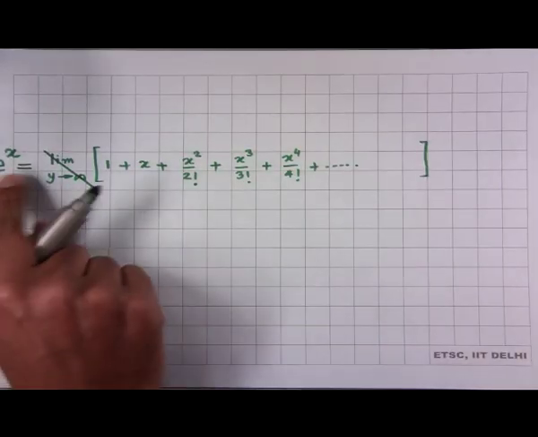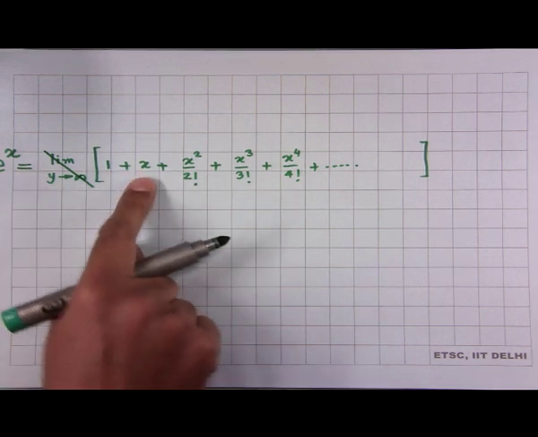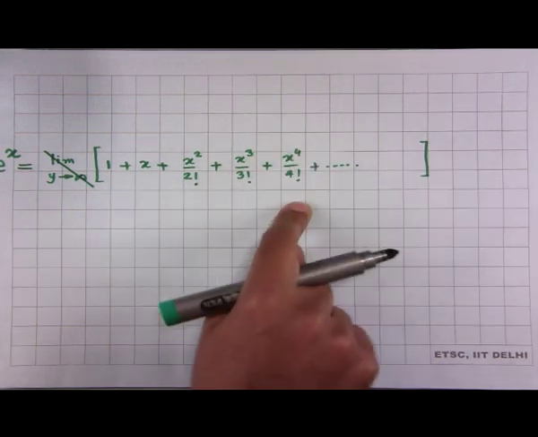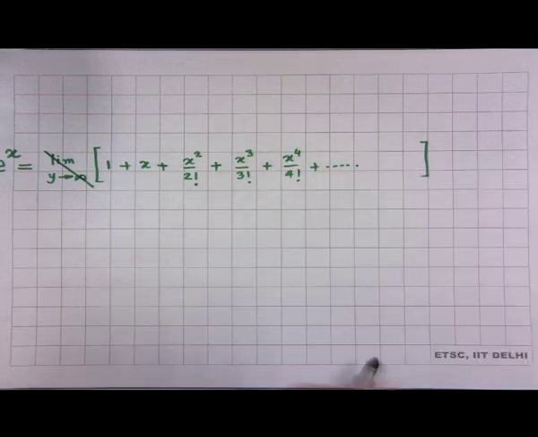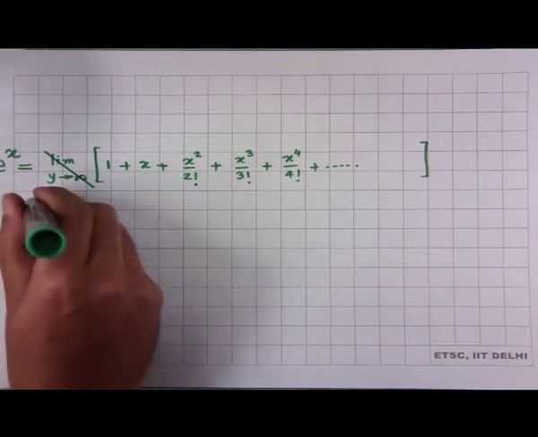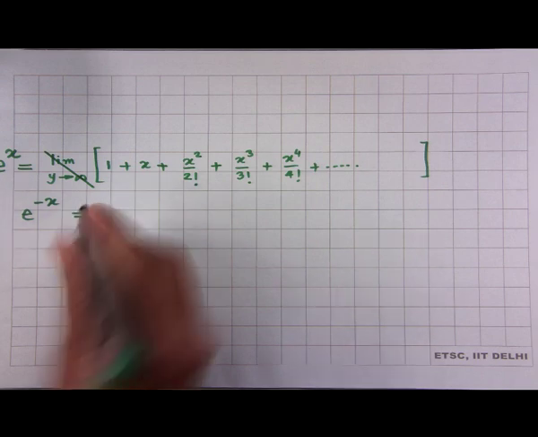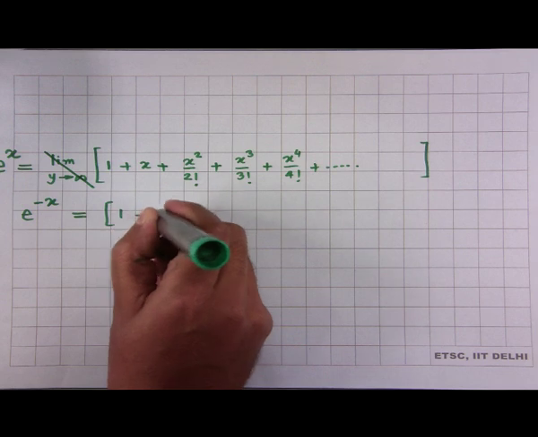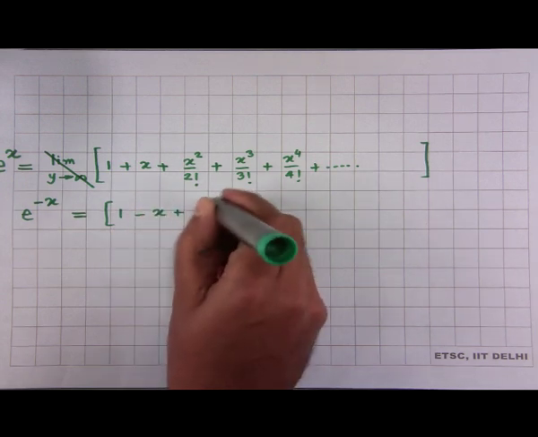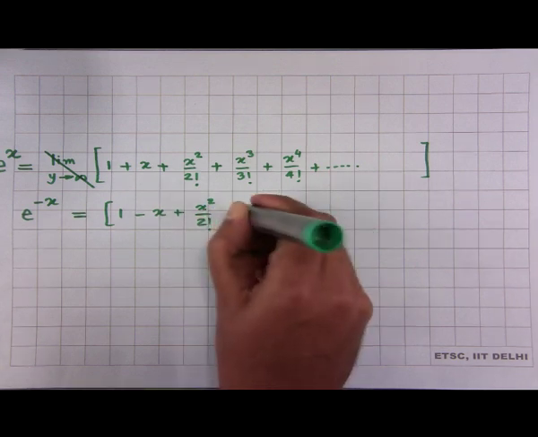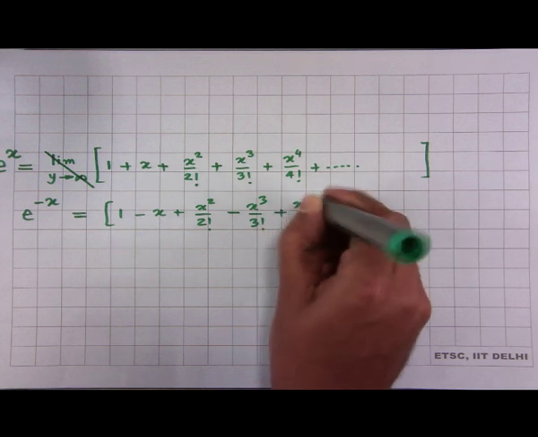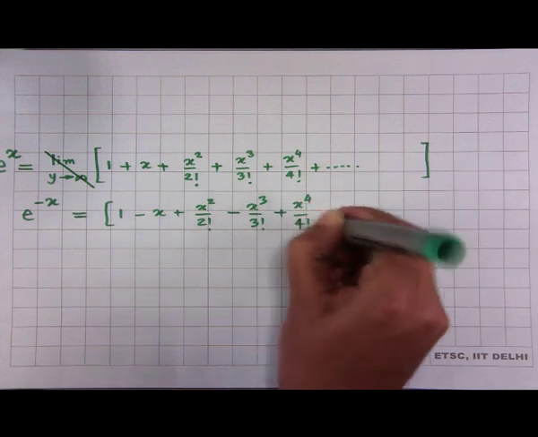So, we arrive at a series e power x is 1 plus x plus x squared by 2 factorial, x cube by 3 factorial, x power 4 by 4 factorial, and so on and so forth. E power minus x, just plug in x equal to minus x, of course, you get 1 minus x plus x squared by 2 factorial minus x cube by 3 factorial plus x power 4 by 4 factorial, and so on and so forth,